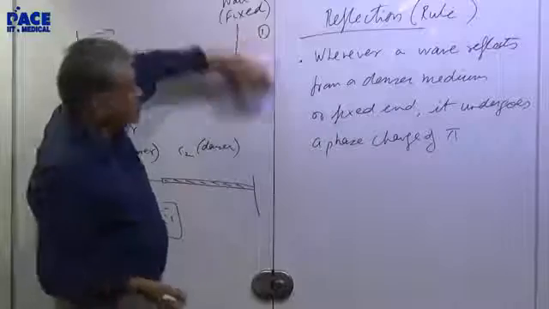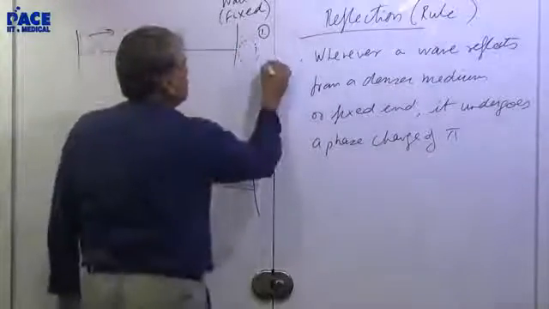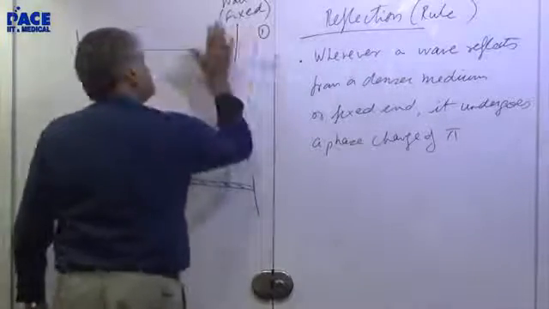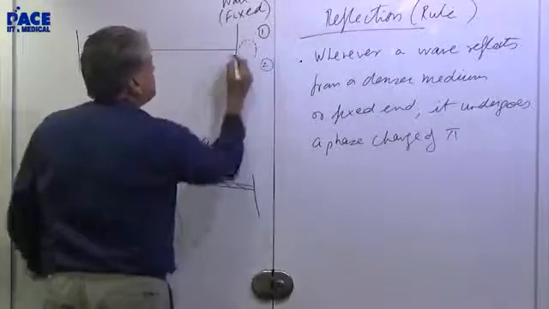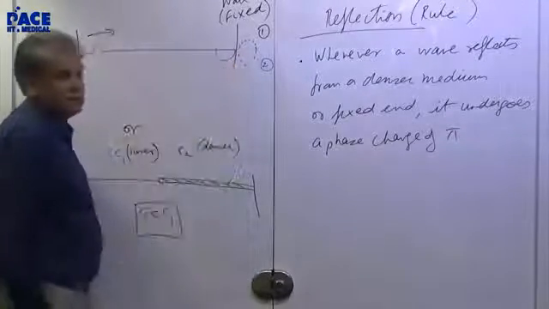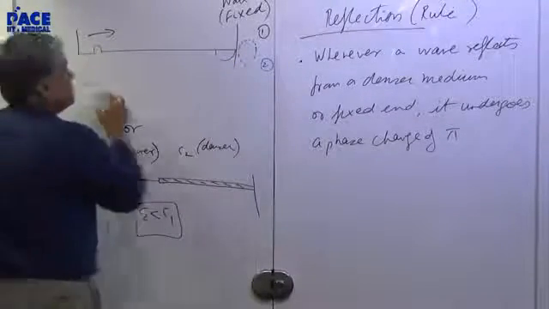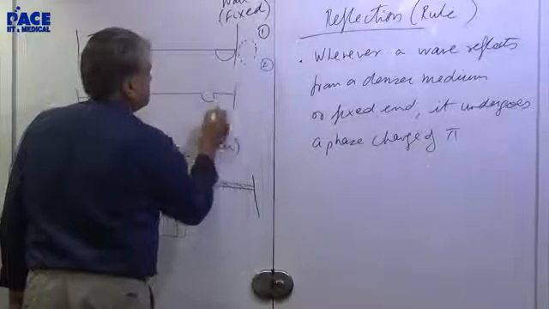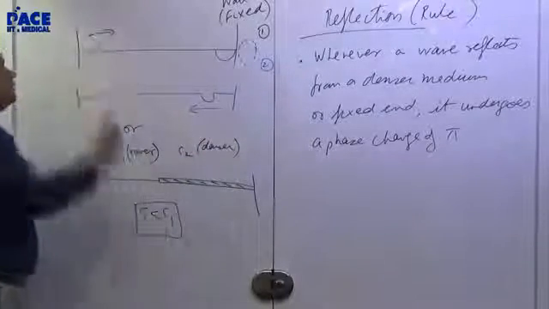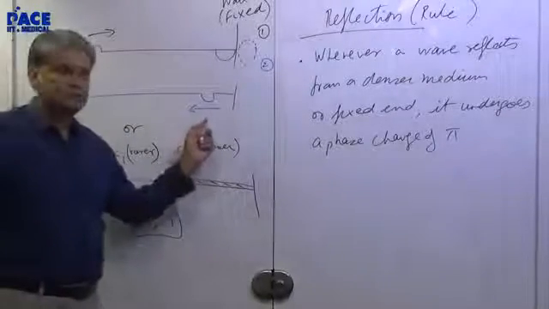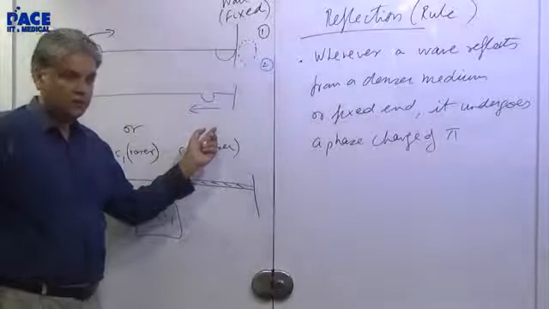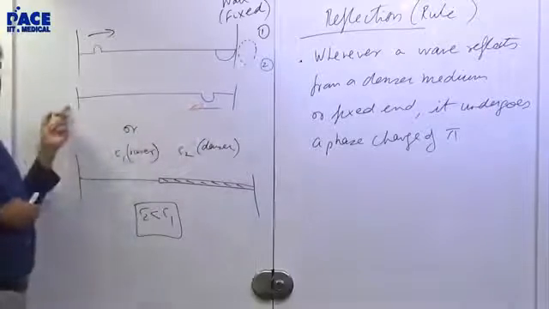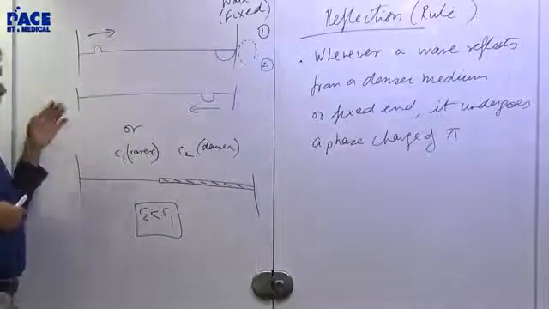If it is like this, make it like this. This is the phase change of pi, step 2. And now you reflect. Reflection means take it like this and put it like this. So if it reflects, it will become like this. How does it go subsequently? Subsequently, it will go like this. If this is how it looked in the forward journey, in the reverse journey it will look like this. Is it okay? That's what the phase change of pi means. And again, if it hits this end, what will happen? It's the wall again. Again a similar phenomenon.